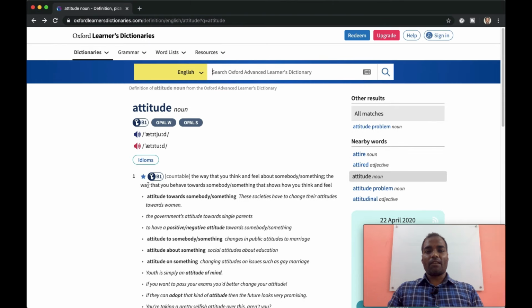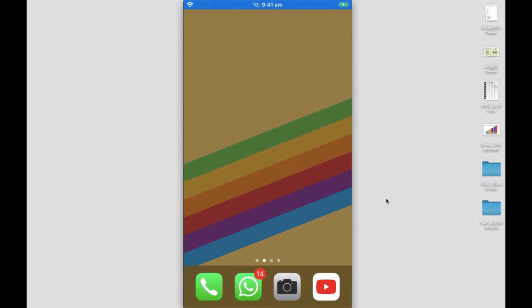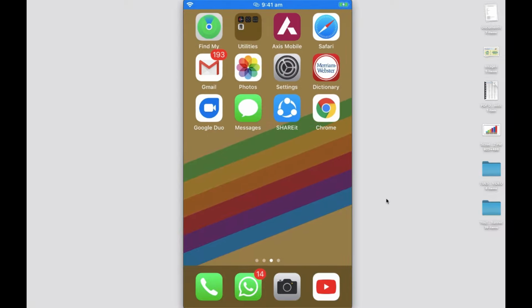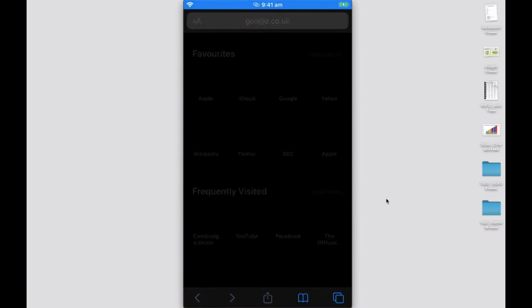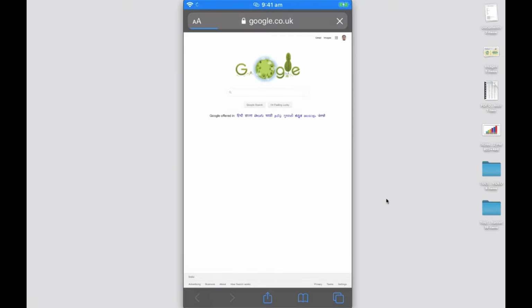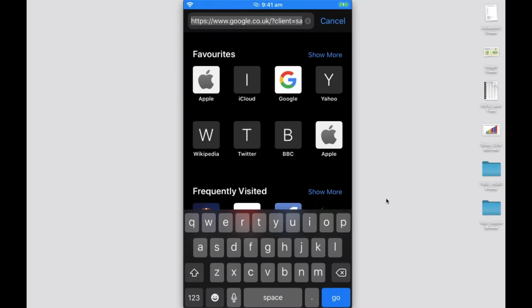For basic learners, this is more than enough. Any word you type in, you get it. It is as simple as that. So let me walk you through how to use this same dictionary on your cell phone. Alright, this is the phone version. If you have an Android or an Apple phone, just open any browser and in the address bar, you just go ahead and type in